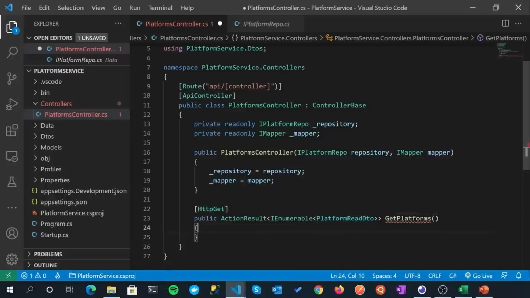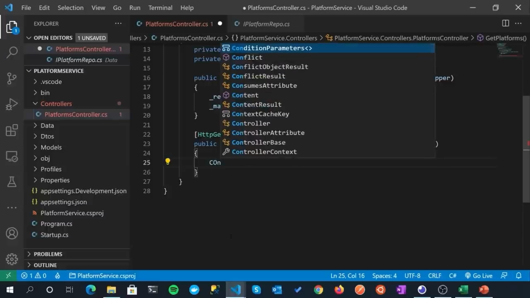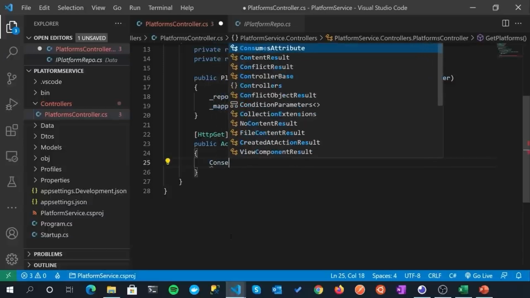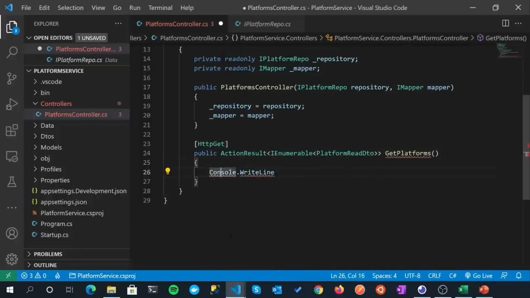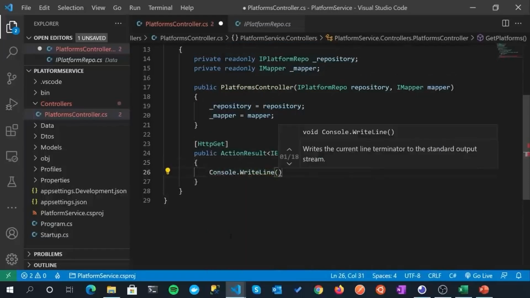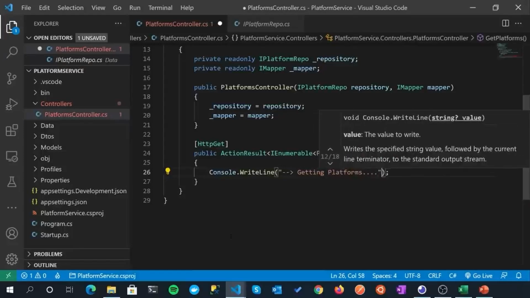And then from there, it's actually relatively simple. We're going to get to a point where we're almost ready to actually see that we've not made any mistakes throughout this whole build process to date. So just to help me debug if we have any issues, I'm just going to put in a Console.WriteLine. I have to bring in the system namespace, so control period, using System. And I'm just going to say "getting platforms". And hopefully we get some platforms, but we will see.